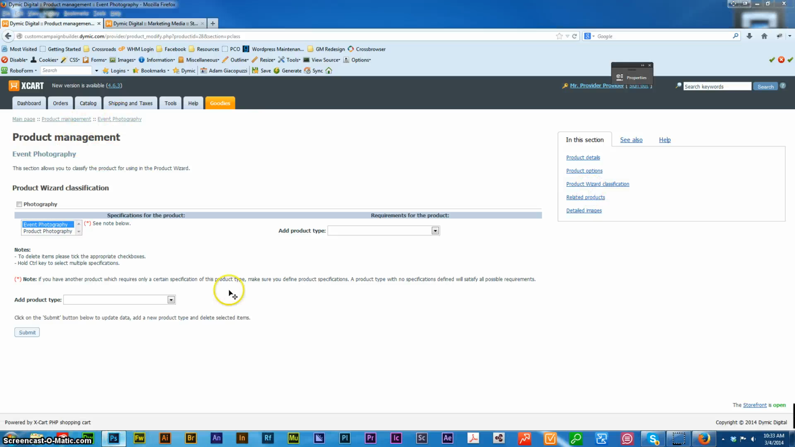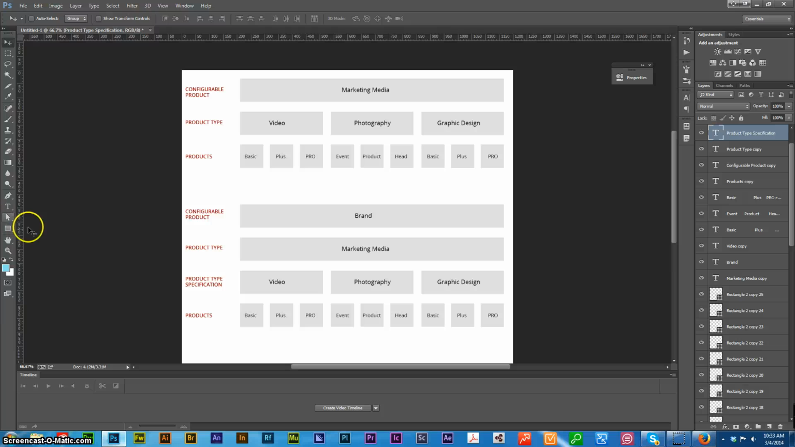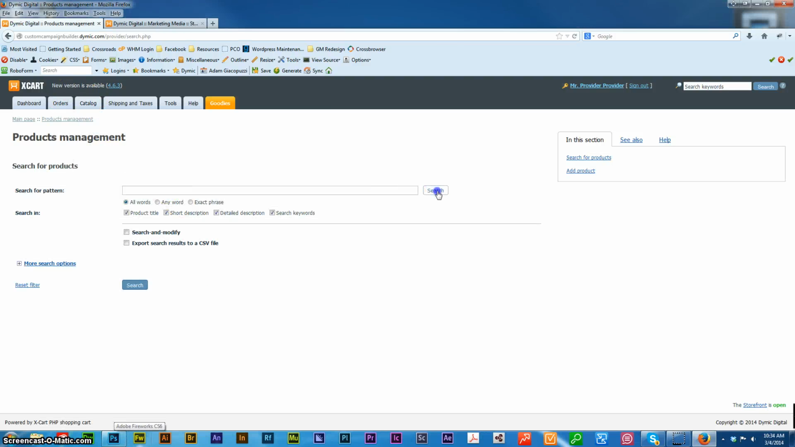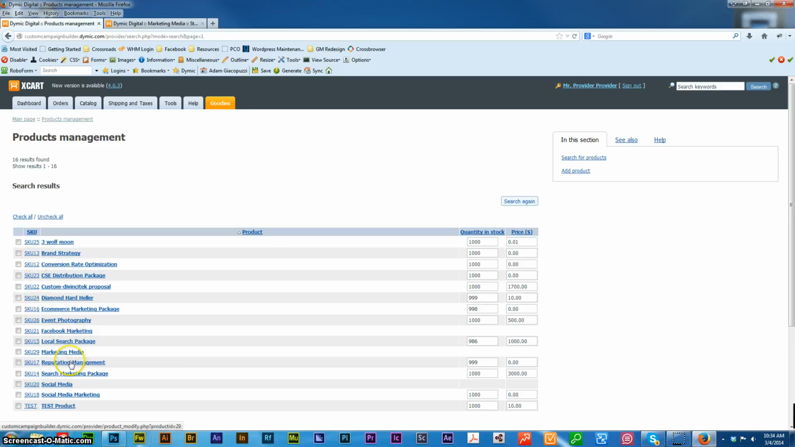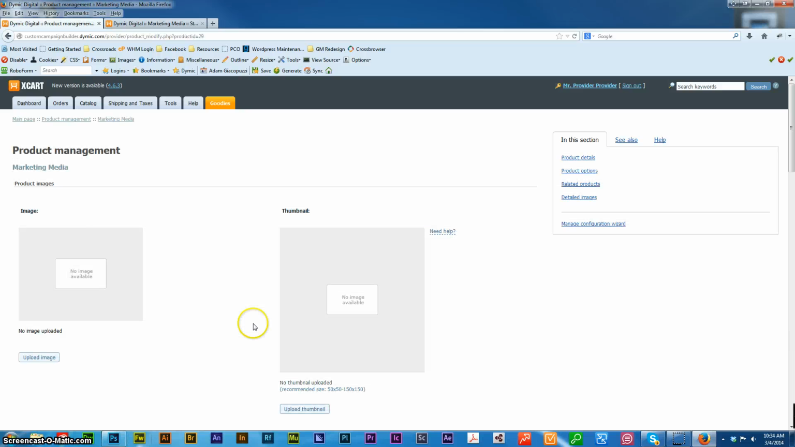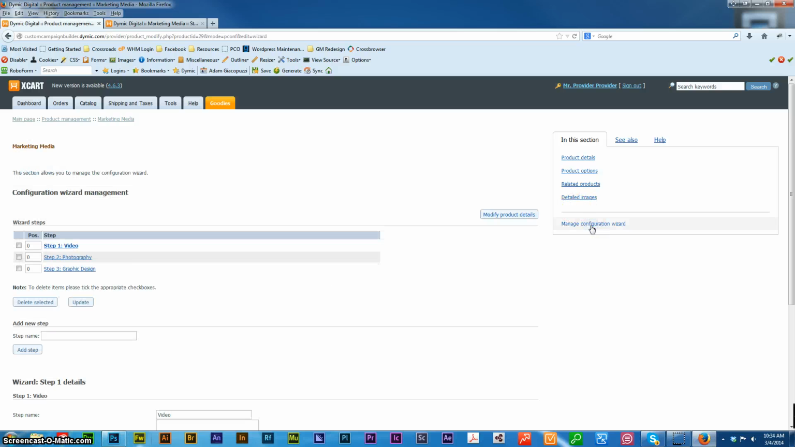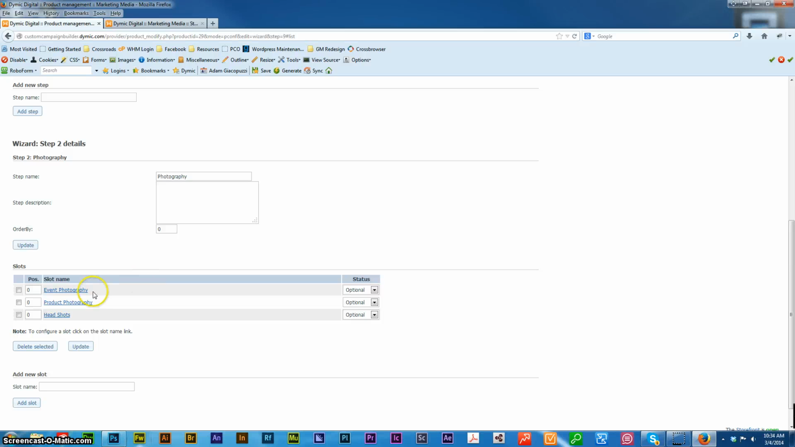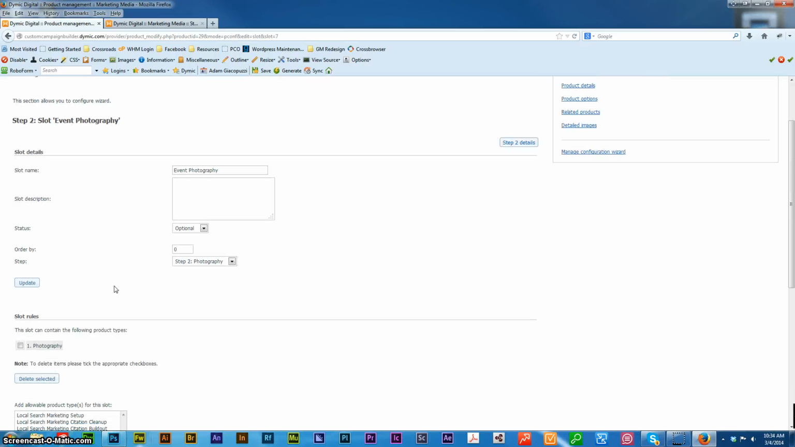The other thing that you could do here, and so this actually needs to be changed from, so this would be product type, this would be the slot, I believe. And then when we go back to edit our configurable product, you can get more specific on the slots. So we're at photography, and then we've got event photography. If I go here,